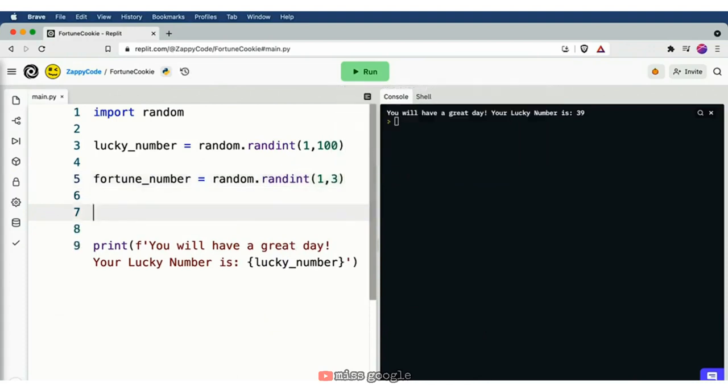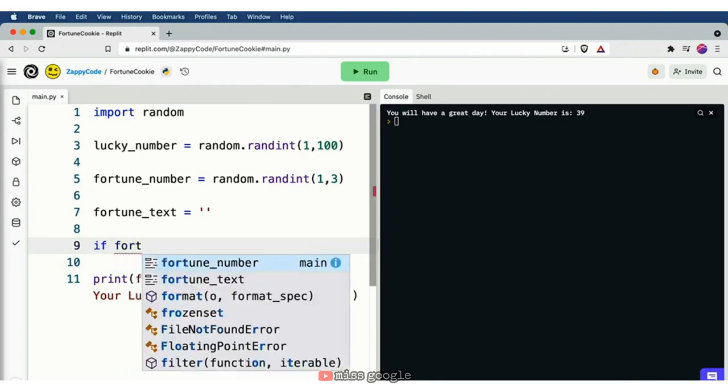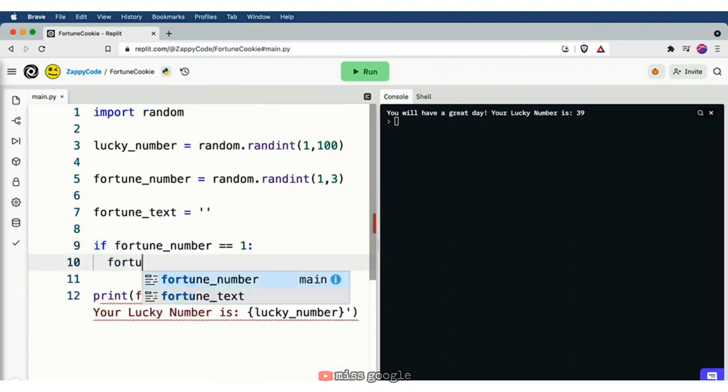Then we'll have a string to represent the fortune text. So we're going to say fortune underscore text, and for the time being, just set it equal to an empty string. Then what we'll do is we'll have our if statements that say, if it's 1 or if it's 2 or if it's 3, and change this fortune text string depending on those situations. So we'll say if fortune number is double equal sign to 1 colon, then we'll want to set our fortune